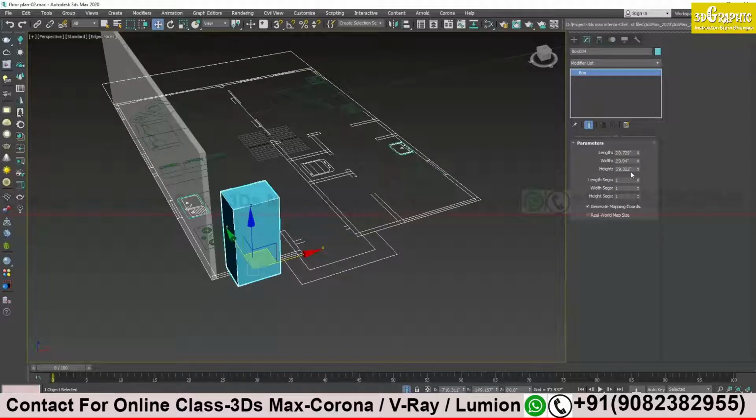I have some properties over here. This is my height, so just double click and give the value 2000 millimeter, meaning double m, and then enter. So this is 6 feet 6 inches.